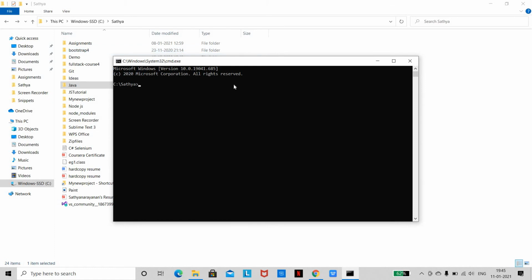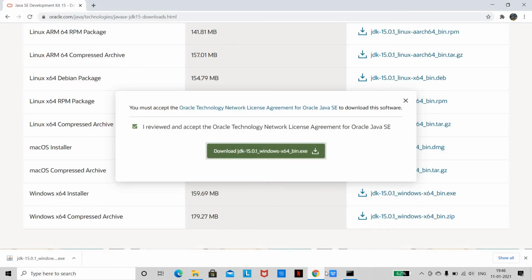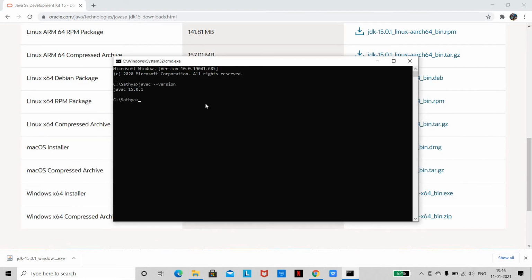Once the command prompt opens, you can check the version of Java which you have downloaded. It's showing 15.0.1, as we have downloaded that version. Here I am going to give the path.